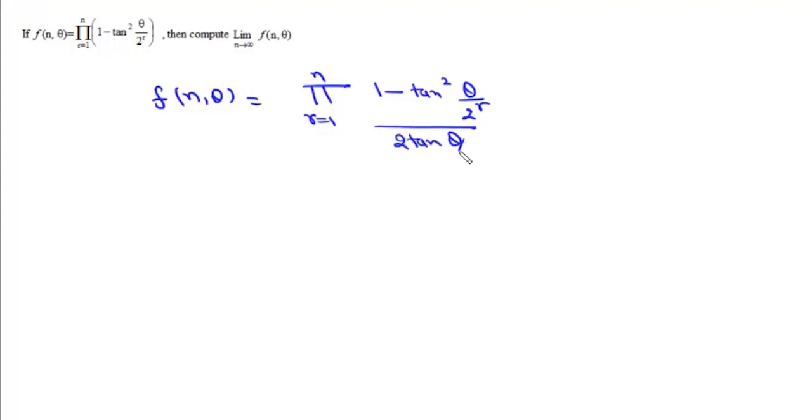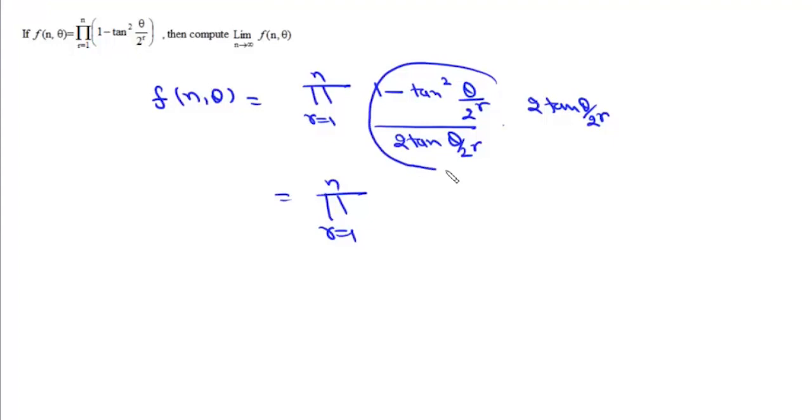Now in this question we are given this f n theta and it is given as this product r varies from 1 to n, 1 minus tan square theta upon 2 to the power r. Now what we'll do is we'll multiply and divide it with 2 tan theta upon 2 to the power r. So it will be this product r varies from 1 to n. Now this is tan 2 theta. So it will be this 1 upon